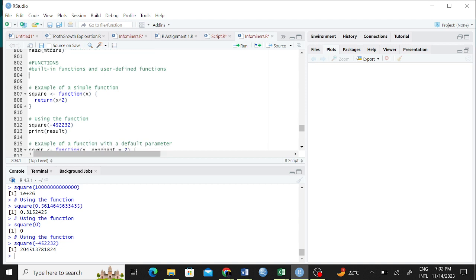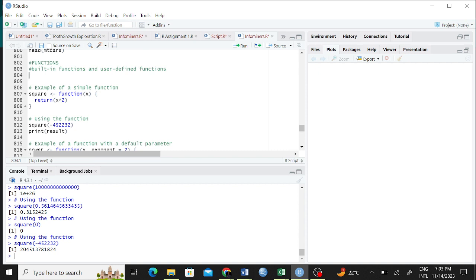Do an example. Can you write a function that calculates the area of a triangle? Write a function that calculates the area of a triangle and then present it right now. I want to pick randomly on somebody to present.